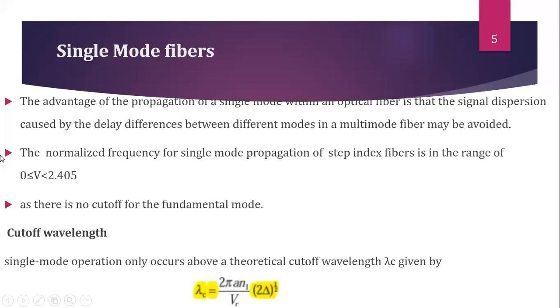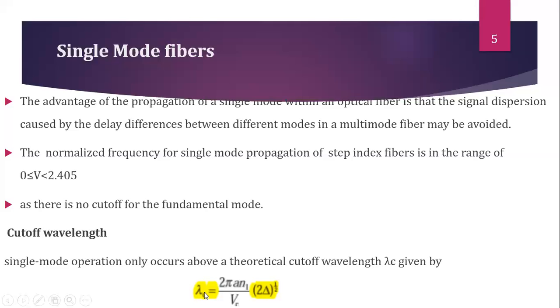Now let us see the cutoff wavelength. This is a parameter of single mode fibers. One important transmission parameter for single mode fiber is the cutoff wavelength of the first higher order mode, as it distinguishes the single mode and multimode regions. The effective cutoff wavelength lambda c is defined as the largest wavelength at which the higher order mode power, that is we will consider the 1 mode, relative to the fundamental 0,1 mode power is reduced to 0.1 dB.